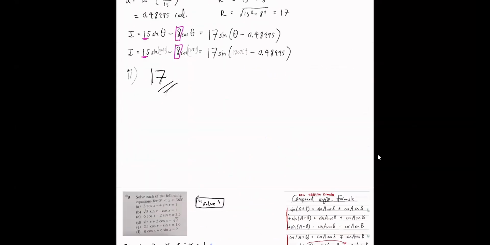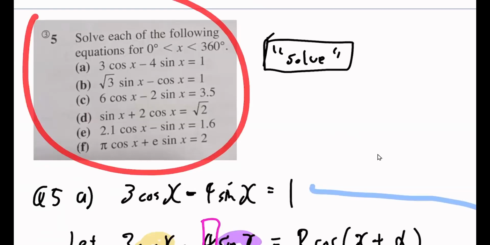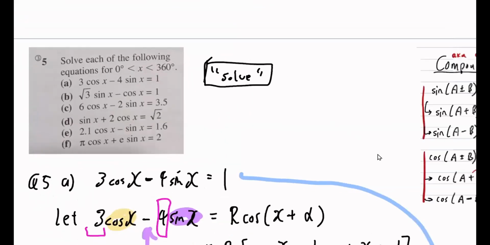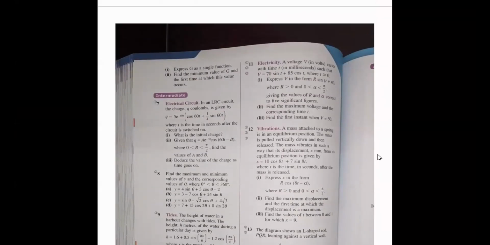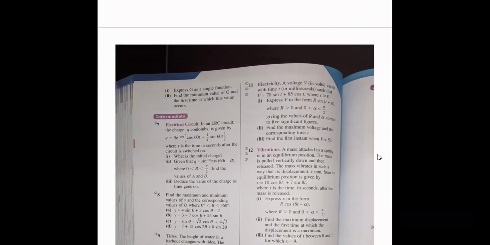I think you get it by now. Let's just move on to other examples, other questions. Now for application. Application is the one where it's interesting. You need to know how to set up the equation, and then after that, it becomes boring again. At the start they give you the equation first. They don't ask you to set up yourself. So let's just look at, let's say